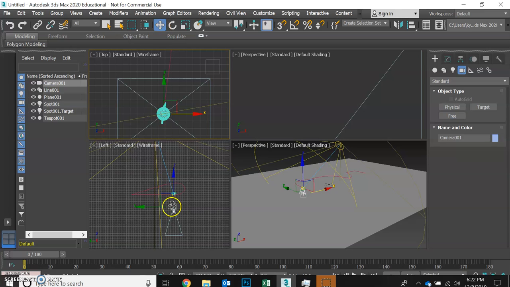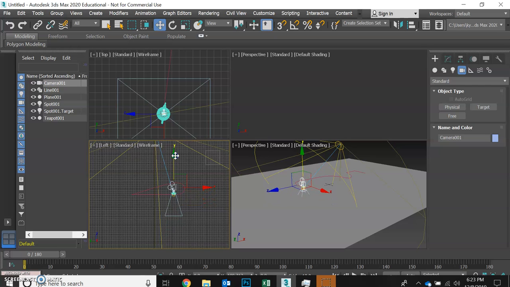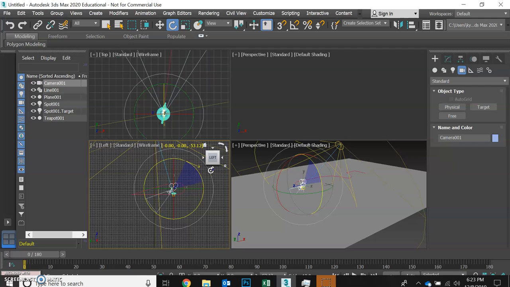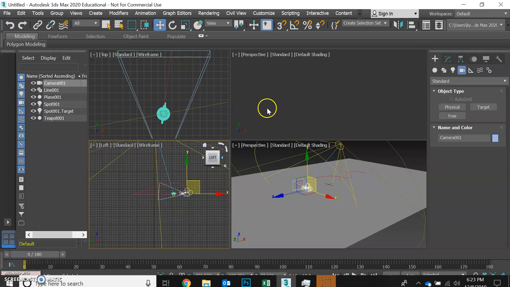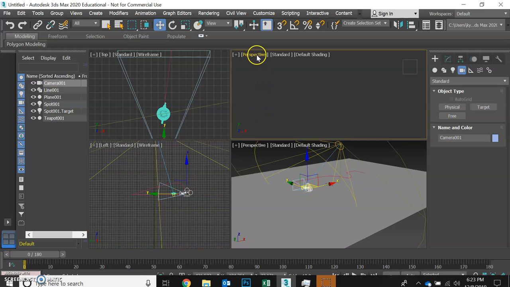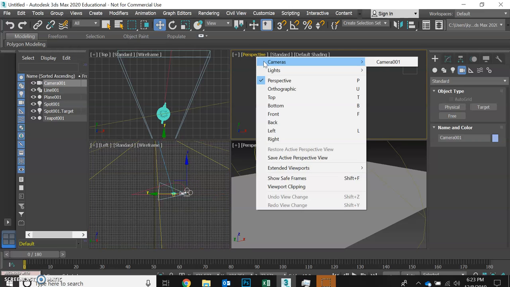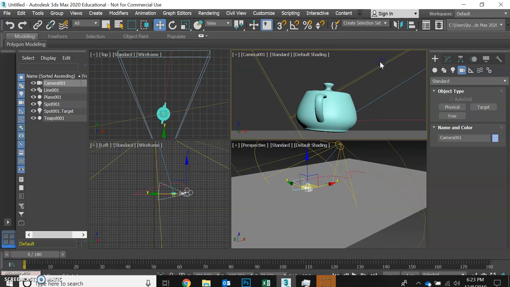So we can very easily click on the camera itself and move it up so that it's above the teapot, and we can also rotate it so that it's actually aiming forward. And what I'm actually going to do is place it kind of behind the teapot so we can actually see it. Now, we can go over into one of our viewports and select Perspective, Camera, Camera 1,